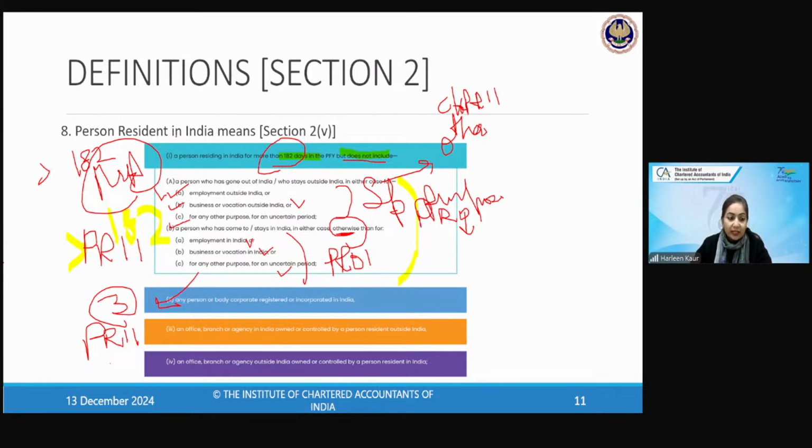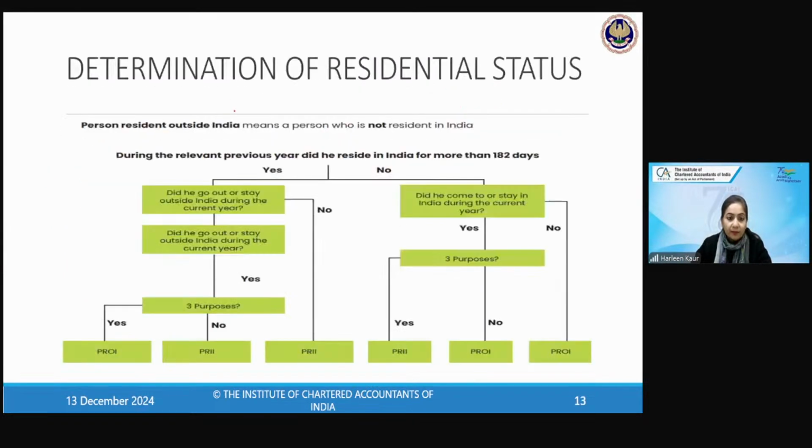You want to understand it with the help of a table? Let's go over there. So it says during the relevant previous year, he resides in India for more than 182 days. Yes, ma'am, I resided in India for more than 182 days. Then what do I become? If I have resided in India for more than 182 days in my relevant previous year, then what do I become? You have to answer me, children. Yes, Archana, Khushbu, all the others who are there in the class. Mr. Vijay Multani. Yes, good. Then I become a person resident in India.